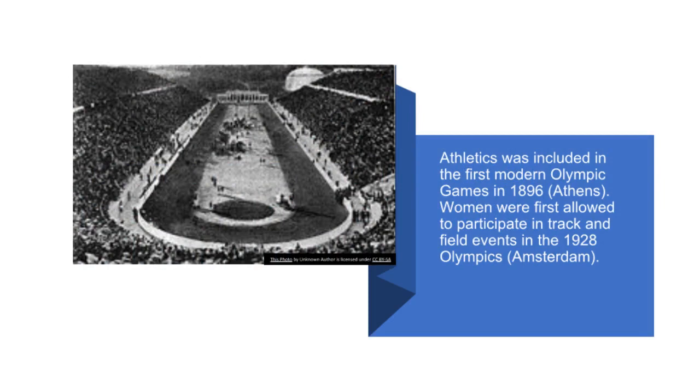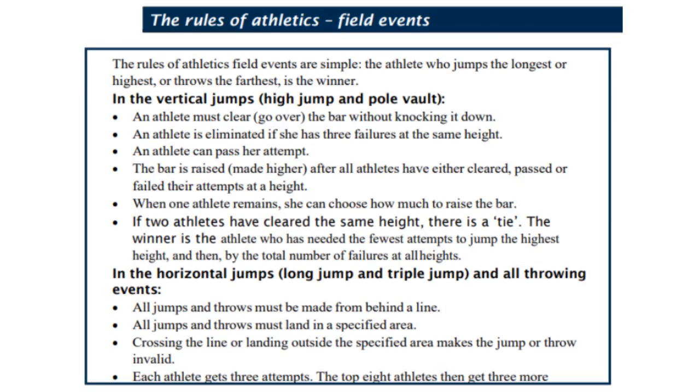Athletics was included in the first modern Olympic Games in 1896, Athens. Women were first allowed to participate in track and field events in the 1928 Olympics. The rules of athletics field events are simple: the athlete who jumps the longest or highest, or throws the farthest,